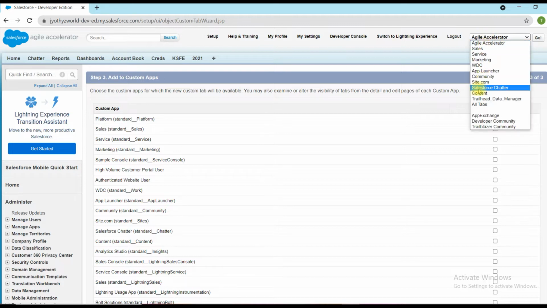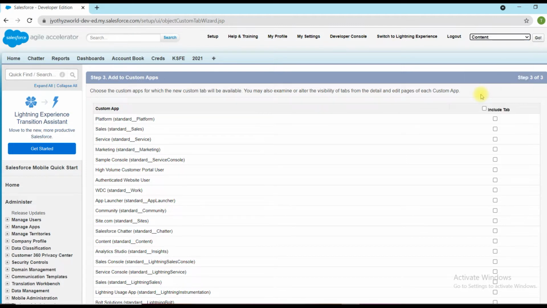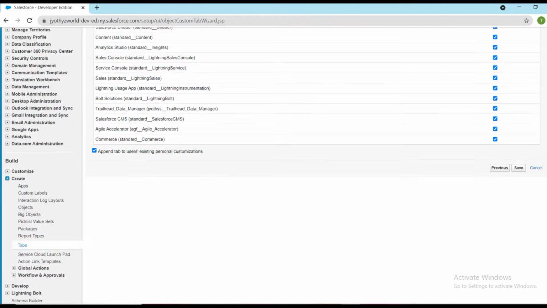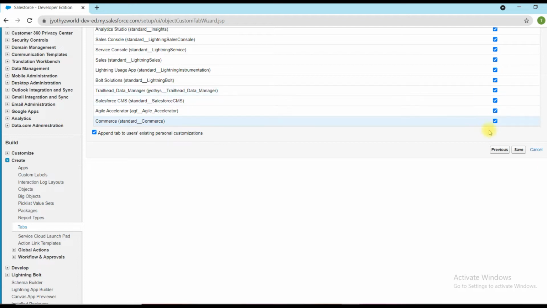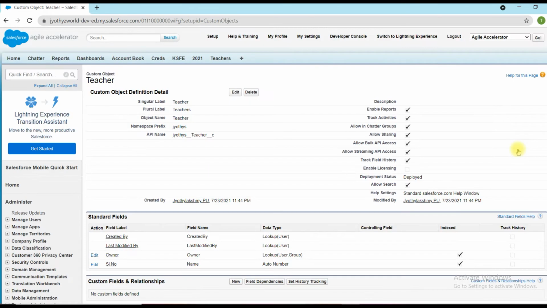And there is a setting like Content. If it is available for Content only, then I have to check only Content. But here I need it available for all the tabs, so I'm ticking all and saving. So one custom object is ready now.